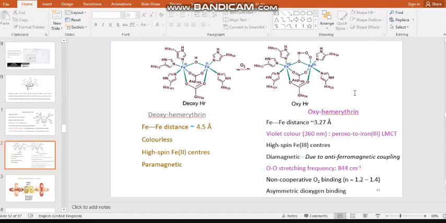Then again here we can distinguish both oxy and deoxyhemerythrin. If you look at deoxyhemerythrin, the 2 iron centers are separated by a distance of 4.5 Angstrom. This is colorless in nature. Iron 2, it does not have any